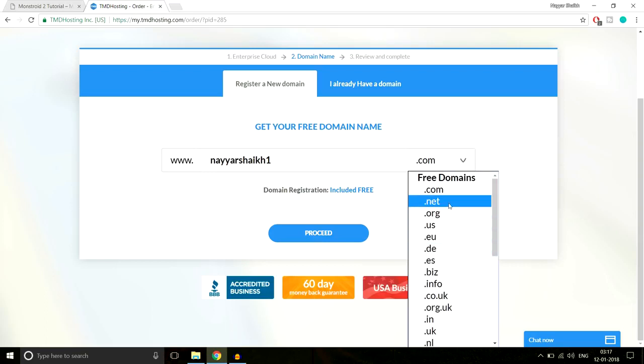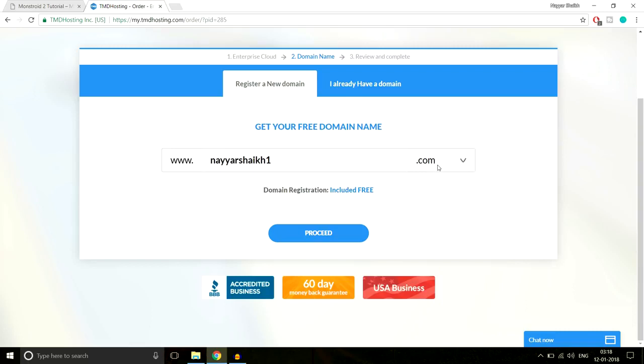Okay, and if you're creating any NGO website, any non-profit organization website, then you can select this .org. But for most of the people, I would recommend you to go with the .com, because this is the most commonly used. It is very popular. In fact, the most popular domain name extension. So type in your domain name, whatever you want, and select .com from here and click on